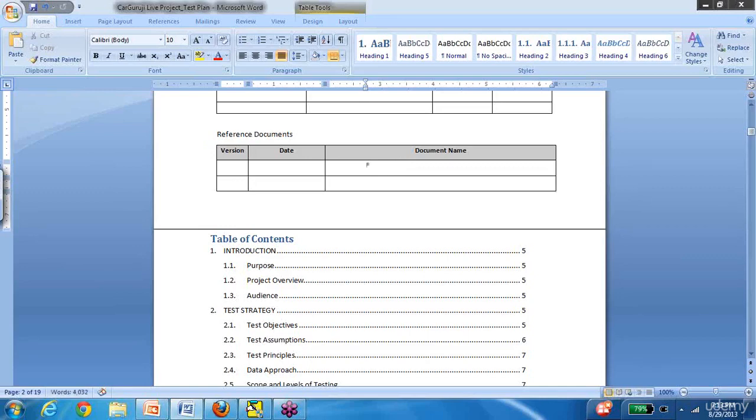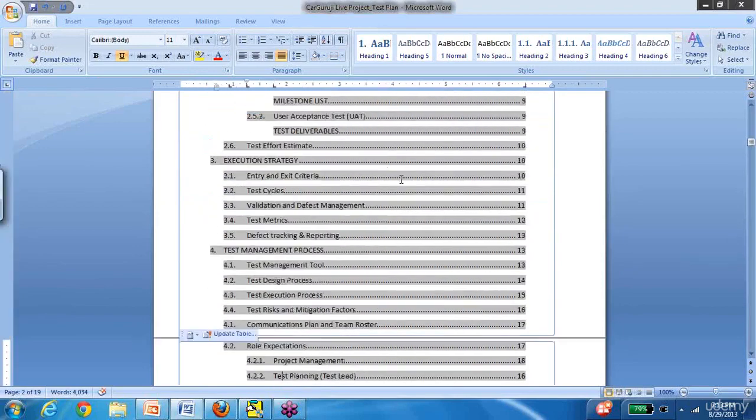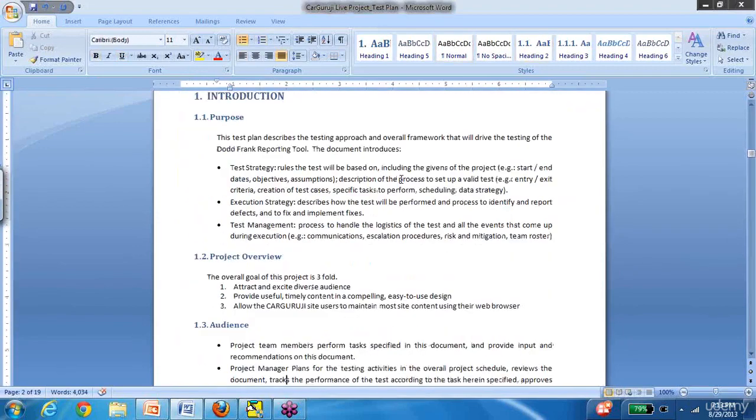I used the functional specification, FSD. So it is the FSD document, version 1.0, and the date created probably yesterday's date. All the documents that you have used as your reference have to be listed here. Okay, and this is the table of contents. We can come back to it later.